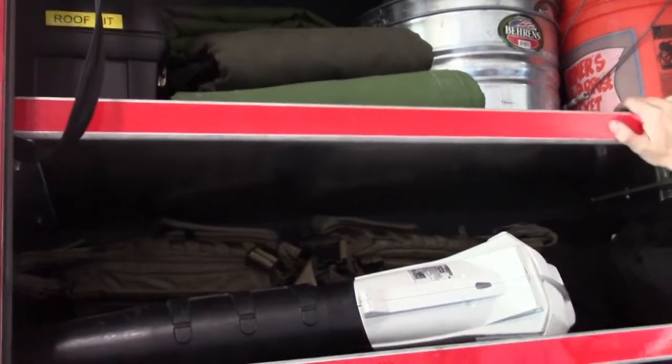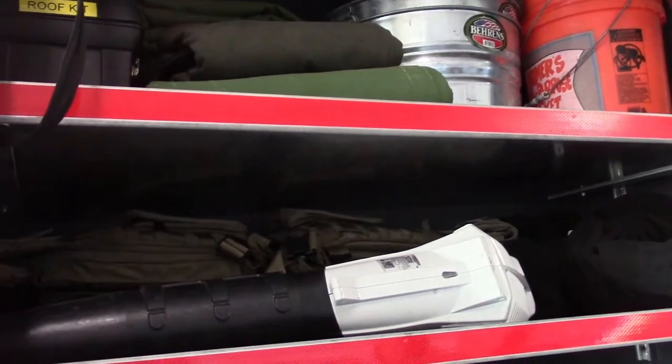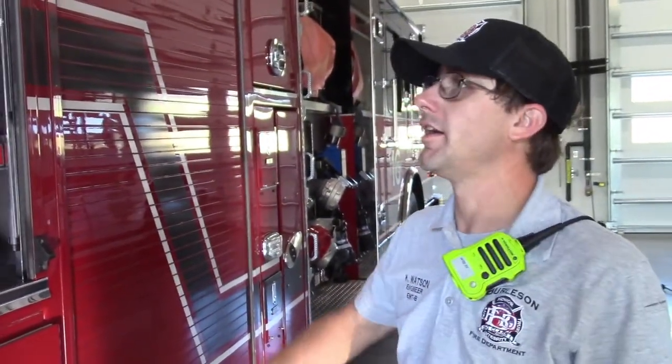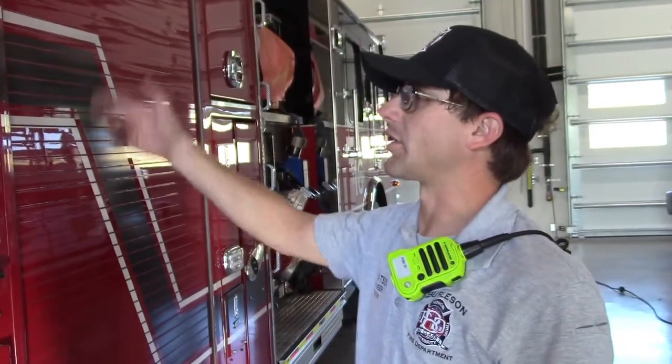Up top, we have some cleanup stuff, buckets, tarps. One of the big things on a fire is not just putting out the fire, but we don't want to leave people a huge mess when we leave the scene. So we try to secure whatever we can. If we can tarp some of their property, maybe some of their furniture, to protect it from water and smoke, we do that. We have the buckets for cleaning up debris, maybe ceiling that we've had to pull down,